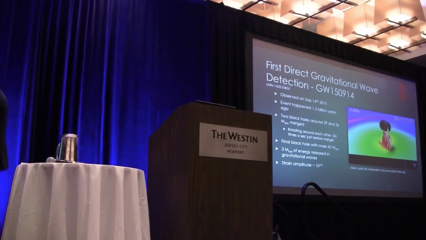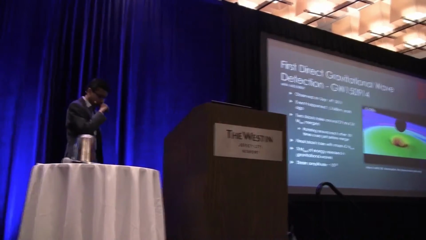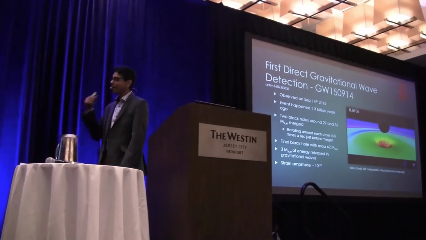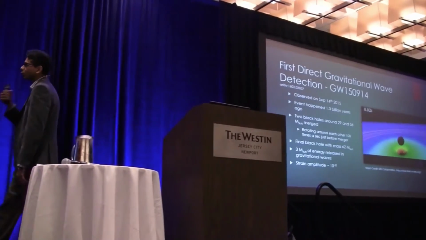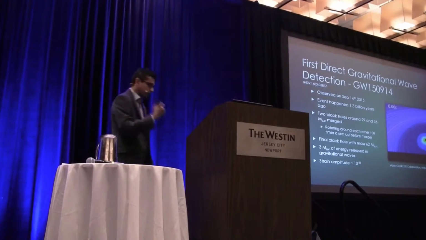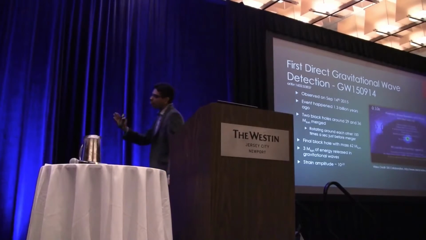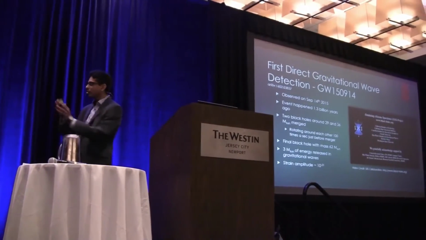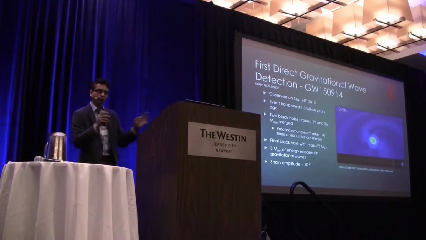By doing the analysis, we can find out that the signal came to us from about 1.3 billion light years away, and it dissipated gravitational waves carrying away 3 solar masses of energy. Now, just to give you an idea how much energy there is, this 3 solar mass of energy that was dissipated, that happened over a fraction of a second, right? This whole merger that we detected happened in about half a second. So it was very, very quick.